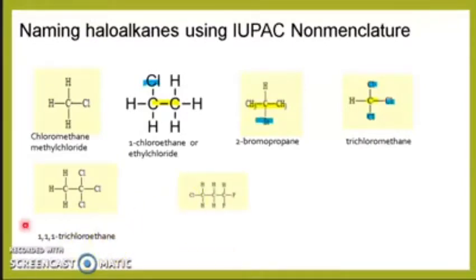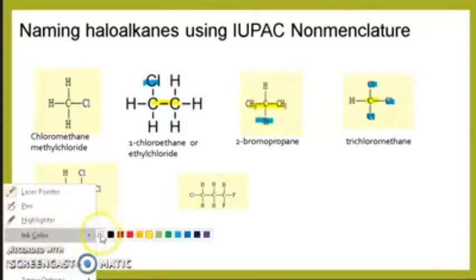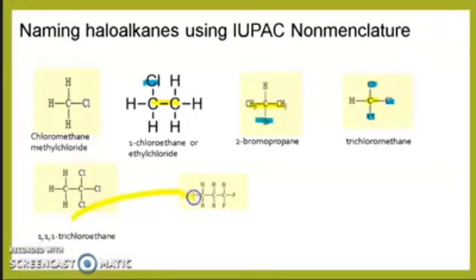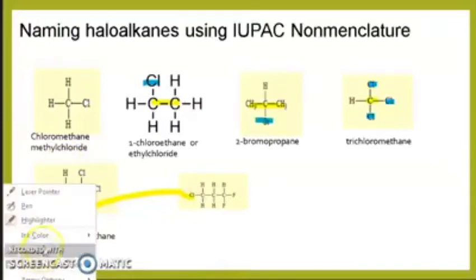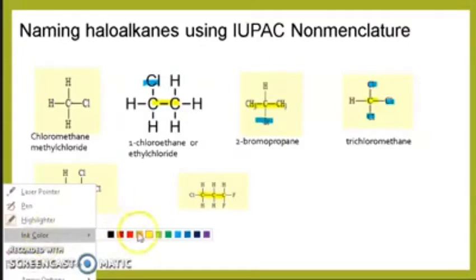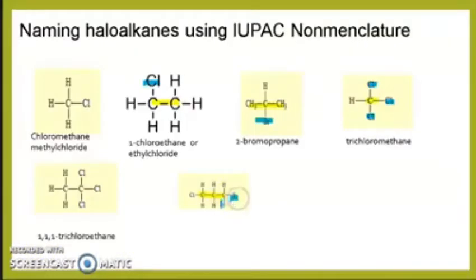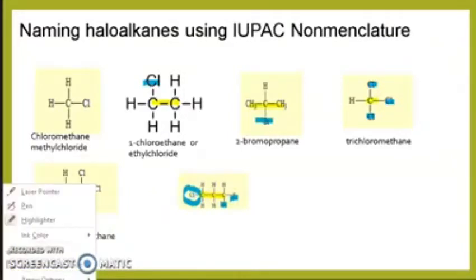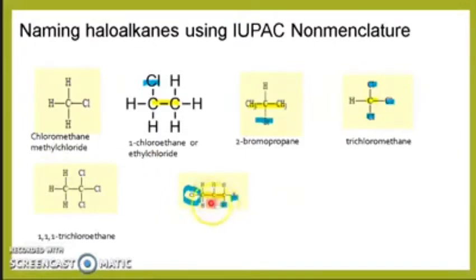Now in this example we have different branches. We have a main chain consisting of 3 carbon atoms. We're going to show you here. And we have 3 different branches. We have 2 from the fluorine kind, and then we have 1 chlorine. Now, the name will end with propane, because we have 3 carbon atoms. But we have to begin with the chlorine